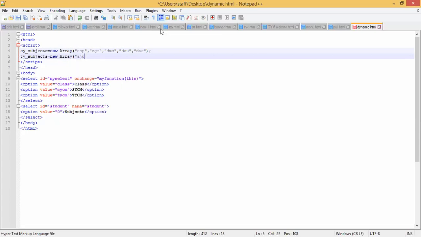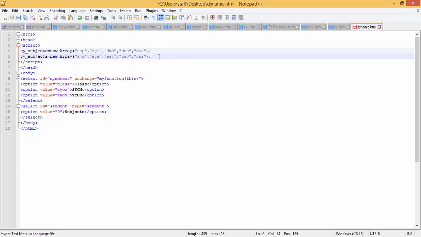First subject we will take AGP. Second ST. Then EST. Then OSY. Lastly CSS. So we have taken the subjects of TY. We have created two arrays, first for the SY subjects and second for the TY subjects.